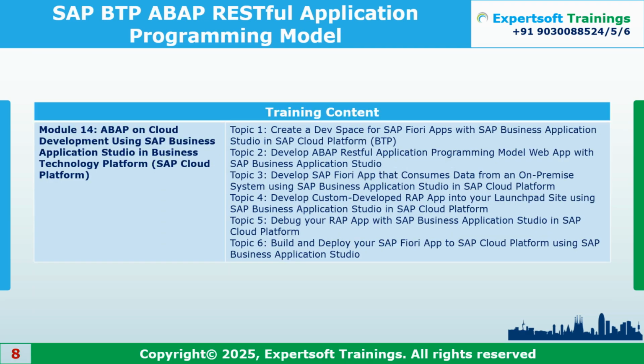ABAP Cloud development using SAP Business Application Studio, on the Business Technology Platform. That we called SAP Cloud Platform. So once we have developed, we have two options. Whether we deploy it into the on-premise system or into SAP BTP, that's Cloud Foundry. We have two options there. We'll be focusing on the cloud concept. So we'll be having a Business Application Studio trial account and deploying into it. But since we have a limitation, only one application can be developed and deployed into Cloud Foundry. So it's completely the clean approach. Okay. So you got it, right?